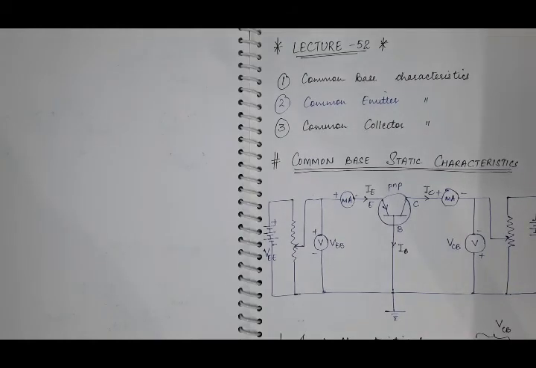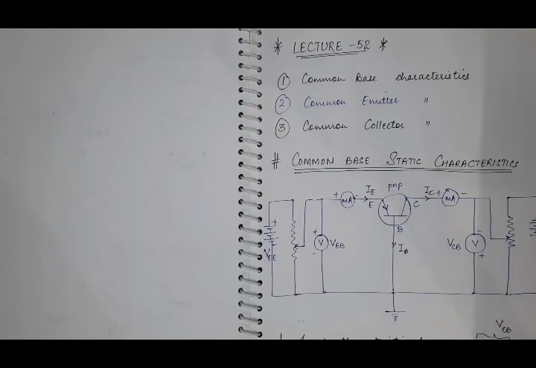Good morning students. In this lecture 52 of electronics, we will discuss the characteristics of transistor. As transistor is a three terminal device which we have already studied, there can be three types of characteristics in case of transistor. As in case of diode, because diode is only a one port device, there is only simple VI characteristics of a diode. But in case of transistor, it is a two-port device.